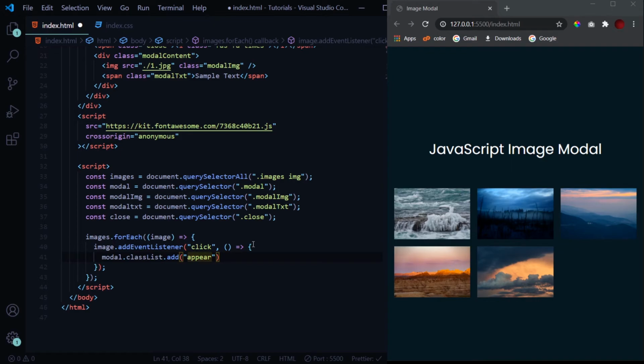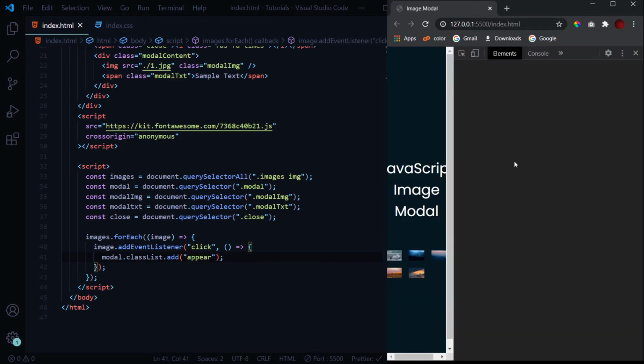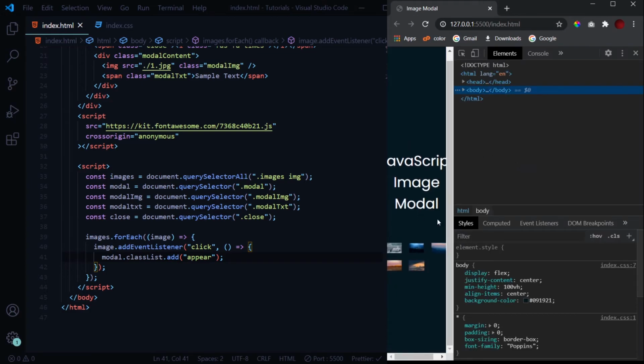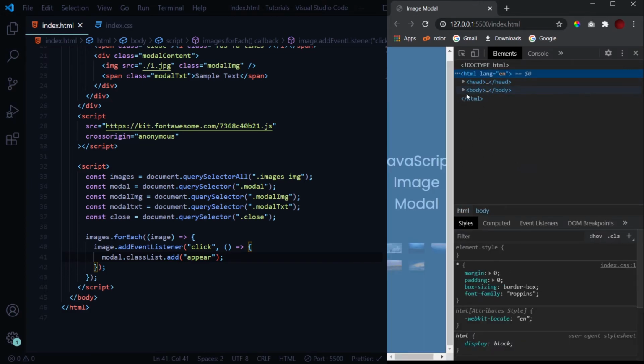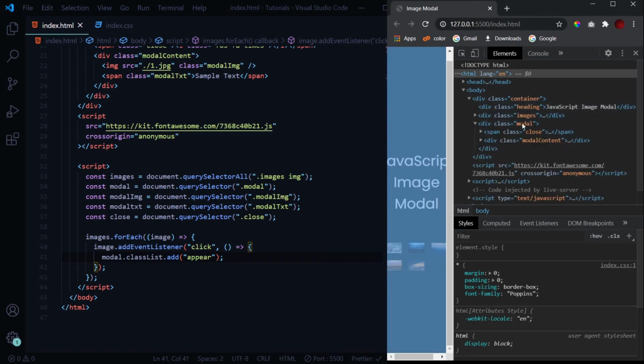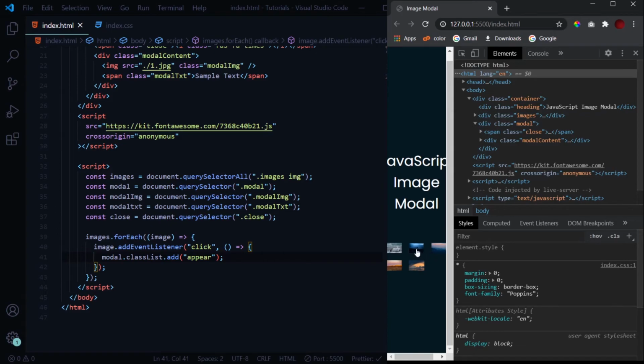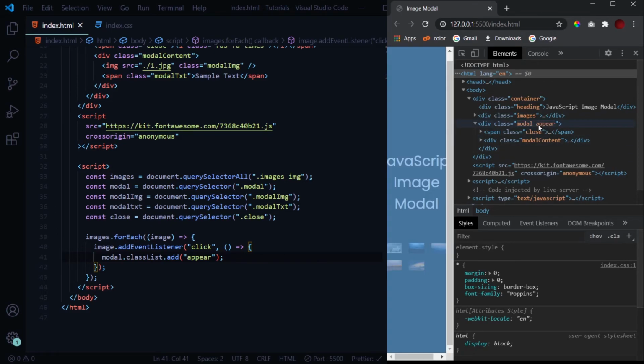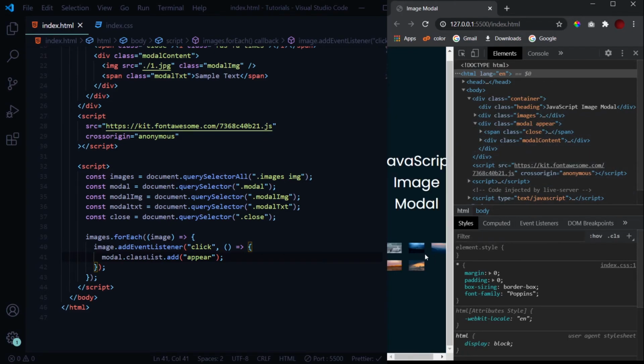So let's get to the inspect element now, so that it will be clearer to you. Now whenever I click on any of these images, right now this div class modal doesn't have any other class. Now when I click on any of these images, a class of appear is added to it.